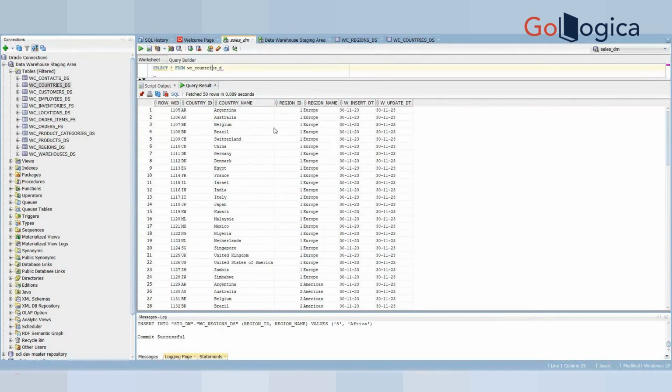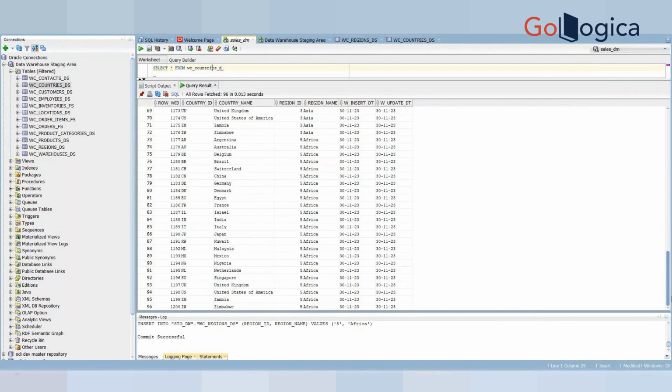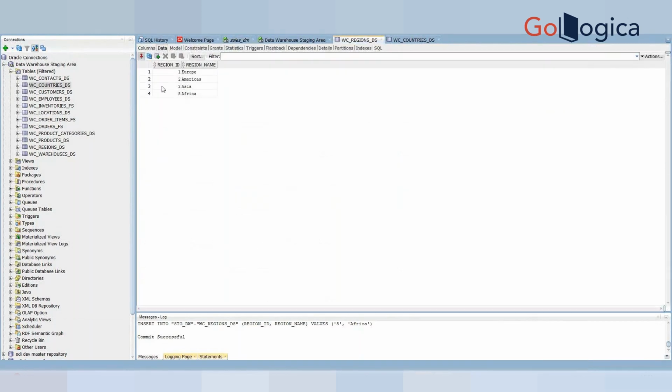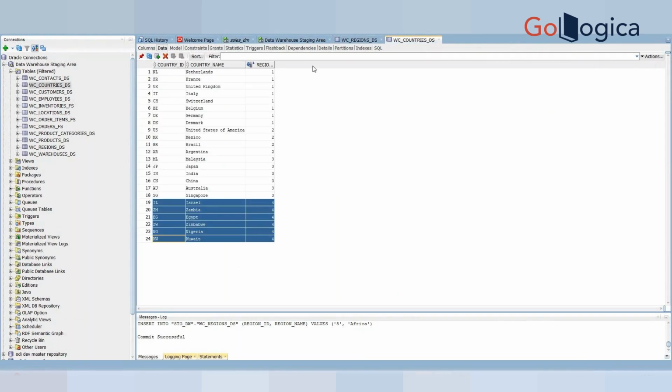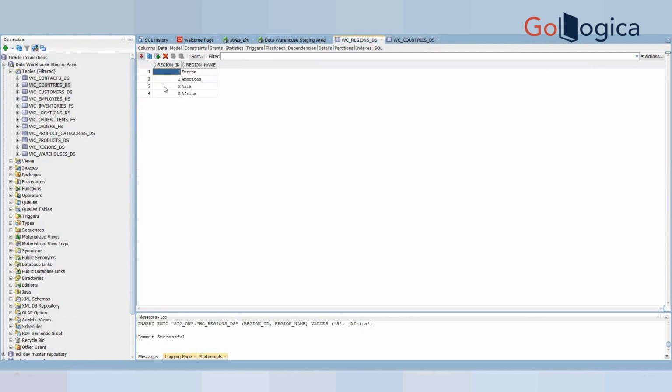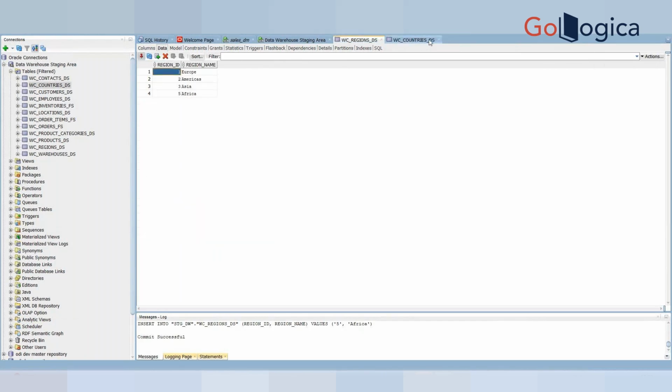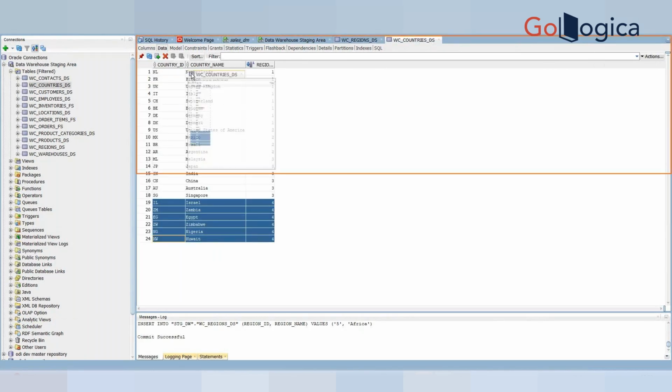So now it has done a Cartesian product. Are you able to see? Yes. It has created 96 records. Basically, for one region ID, it has matched with all the 24 records. For region ID 2, again it has created all these 24 records. For region ID 3, it has matched with all the